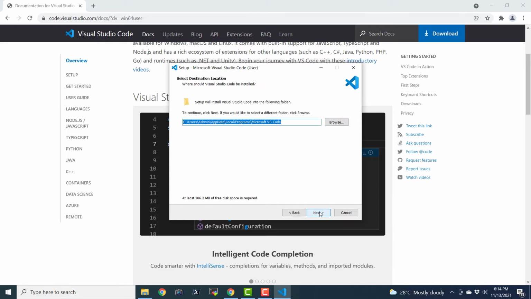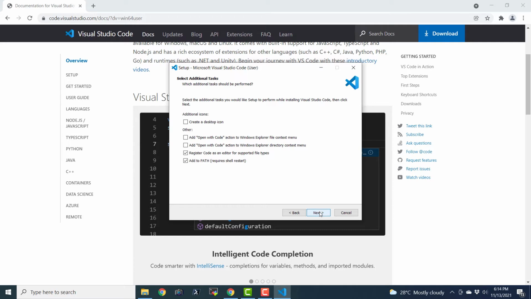Yes. So I accept the agreement. Then I click next. Okay. Visual Studio Code. Next. Let's create a desktop icon. Okay. And let's click next. So we will not actually check any other boxes.